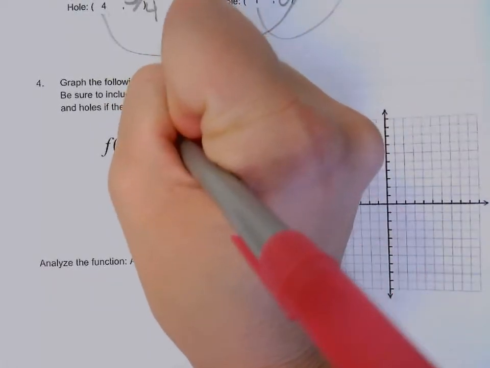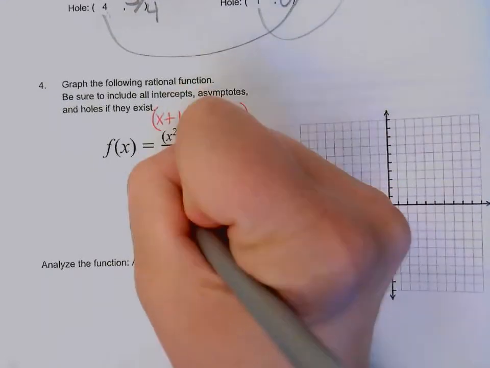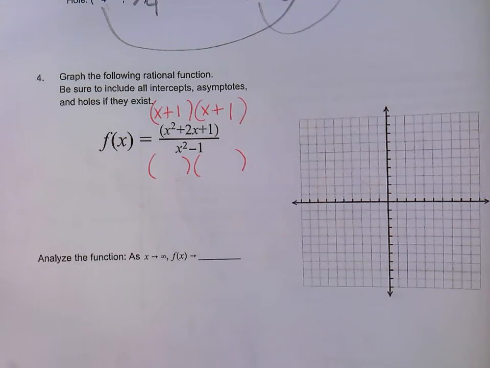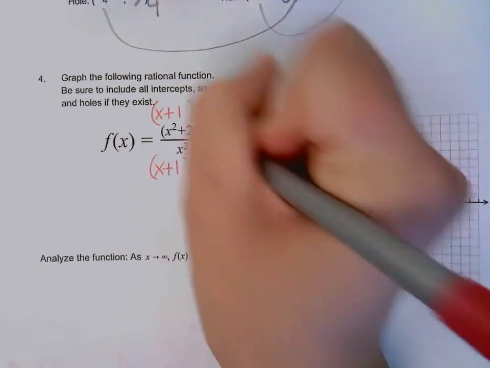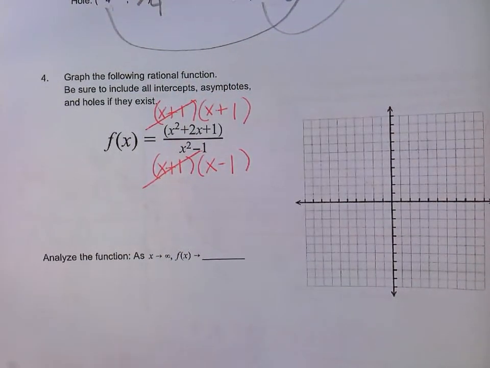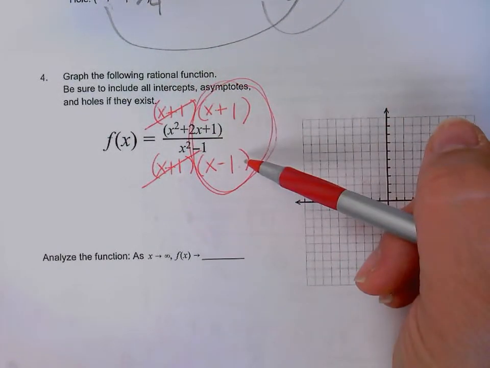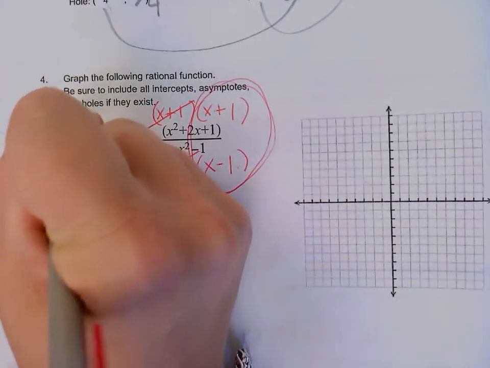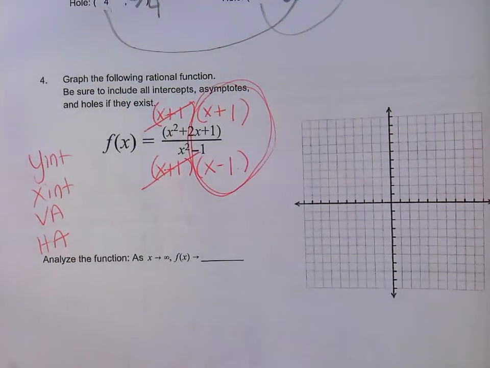It's just x plus 1 times x plus 1. How do I factor the denominator? That's difference of squares. Have to know how to factor that. How do I factor it? X plus 1, x minus 1. One of the x plus 1's cancel. So I'm really looking at this as my function to answer all the questions. So see if you can go through your y-intercept, your x-intercept, vertical and horizontal. Why don't we just talk through it together? What's my